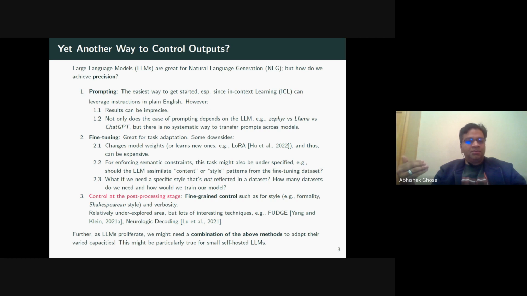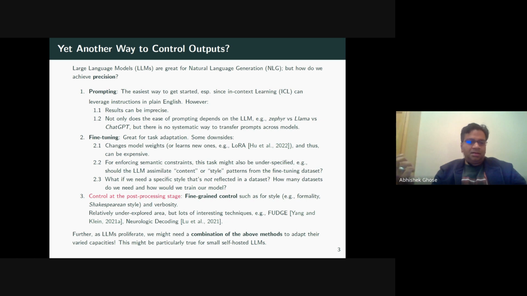Right? Because you are rewriting model weights or learning new model weights, as is the case in LoRA, this can be a bit expensive, right? The second problem is for enforcing semantic constraints, right? So if you want to say that all output should sound very polite, or, just as a thought exercise, all English output should follow Shakespearean English, right? For those kinds of very specific requirements, it might be hard to get fine tuning to work for you, and